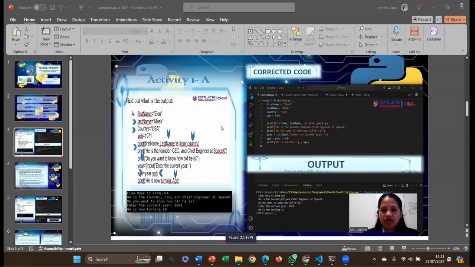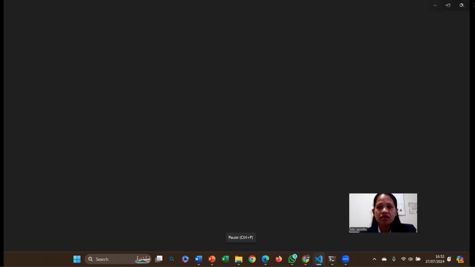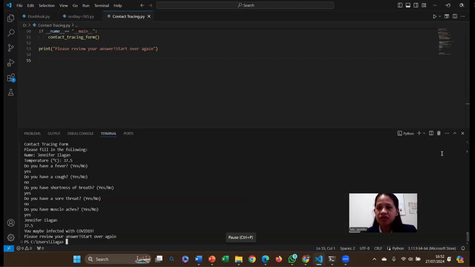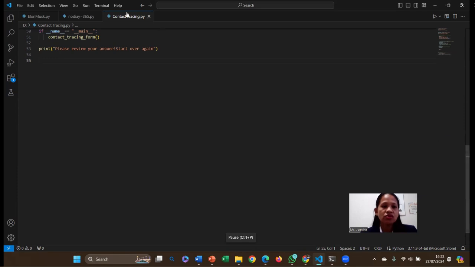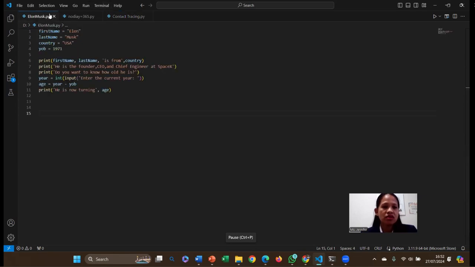So I encoded this code earlier in our IDE with the correct code. Let me show you how I got the correct code. I actually coded it earlier so I can show you.